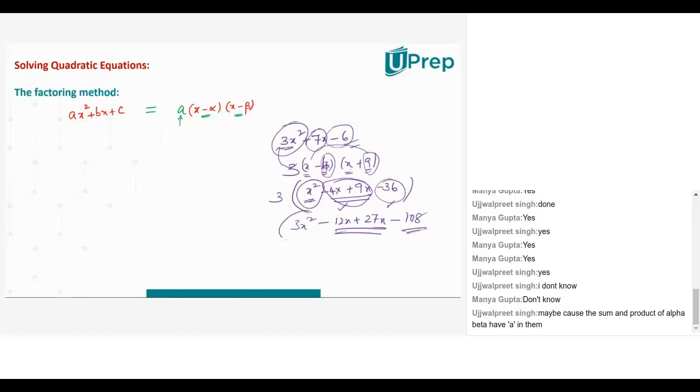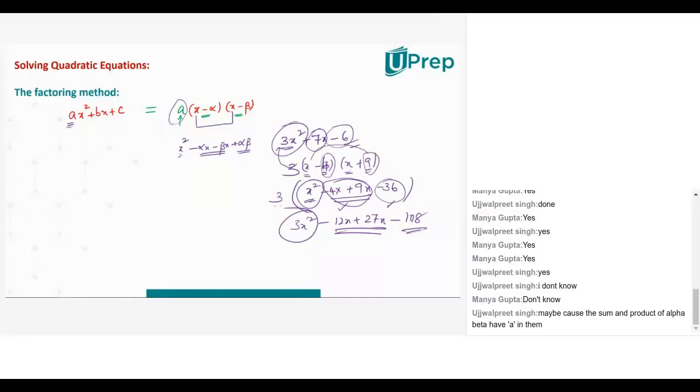So what is the role of this 3 here? It is that number which corresponds to the coefficient of x square here, because otherwise, without this a outside, remember very carefully this statement, my second degree term is always going to be x into x only. That gives me x square. All the remaining terms would be minus alpha x, minus beta into x, minus into minus plus alpha into beta. These terms will be okay. But none of these terms are going to contribute to my x square. What I'm supposed to get is ax square.